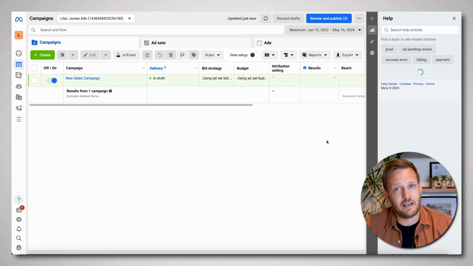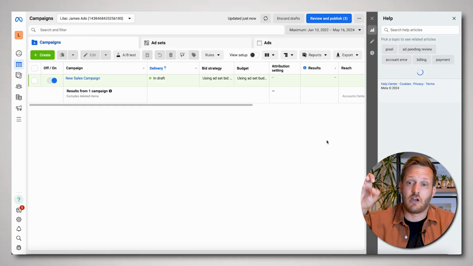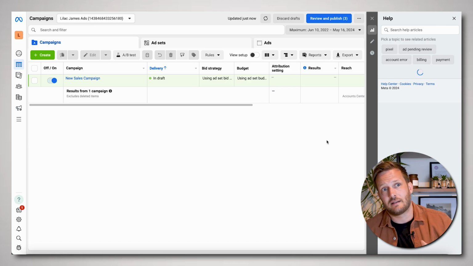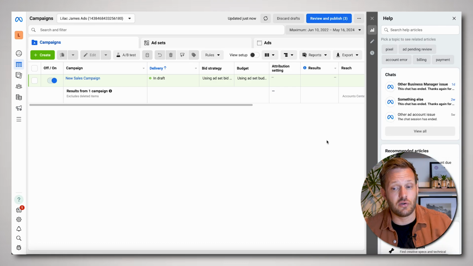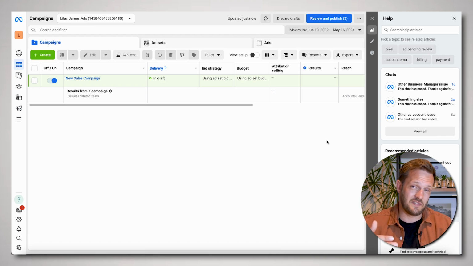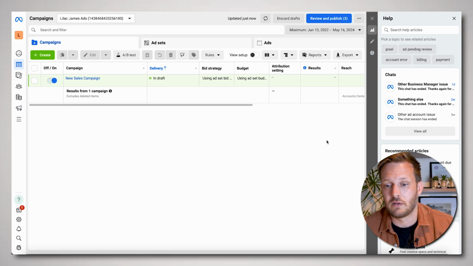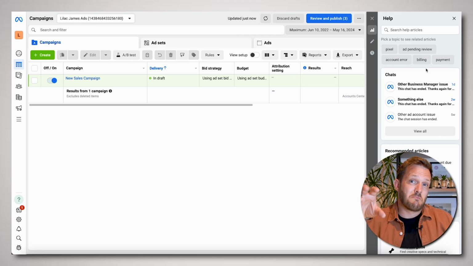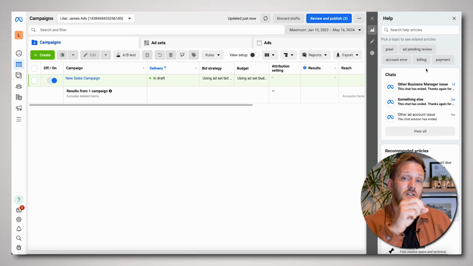Now what you might find is when I start showing you where to go and what to do in here, that some of the options might not be available, and that could be something as simple as the time of day. It could be that, where you are, the support team just aren't available. So just come back between Monday to Friday, 9 till 5, and there should be people available to speak to. The other thing to consider is that your view of this might look slightly different to mine. We are an agency, so we do get a higher level of support and access to Facebook than individual advertisers may. But if you follow these instructions, you should be able to get through to support.